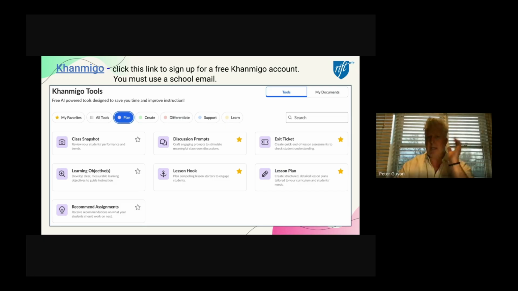And you'll see a page. Kathy will show you a page of all the different tools that are available. They're broken up into 5 different categories: plan, create, differentiate, support, and learn, as you can see here. And I'm just playing with my annotation tool on my screen here for a second. We're going to go through a couple of our favorite tools within each of those groups, and then once again give you time to play with some of those tools as well. So I'm going to put the link in the chat. I'm going to stop presenting.